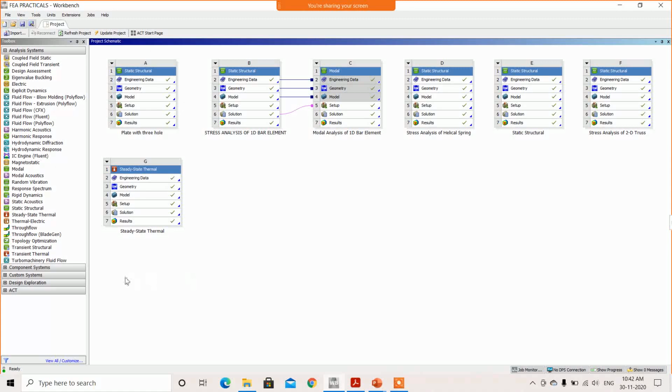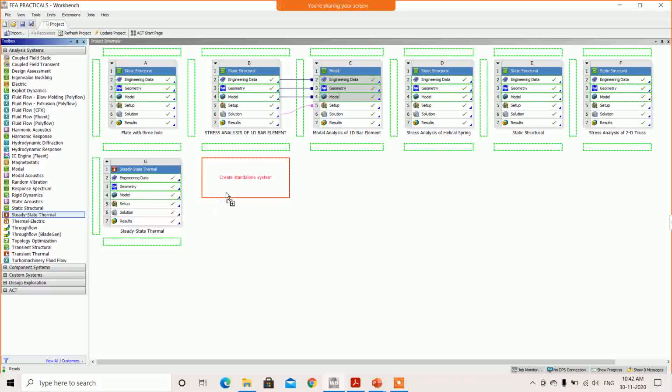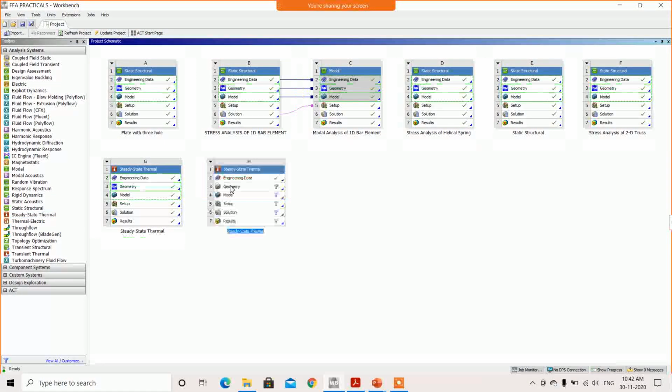First of all, take a steady state thermal analysis. Just double click on the steady state thermal analysis and drag and drop it to the project schematic. There are a total of 6 steps: engineering data, geometry, model, setup, solution and results.